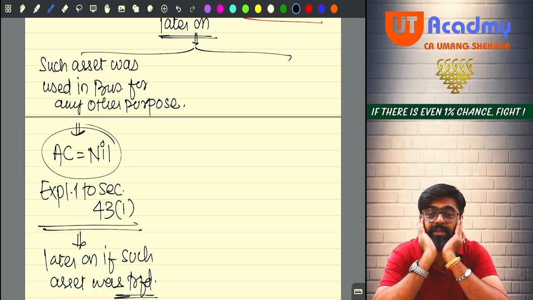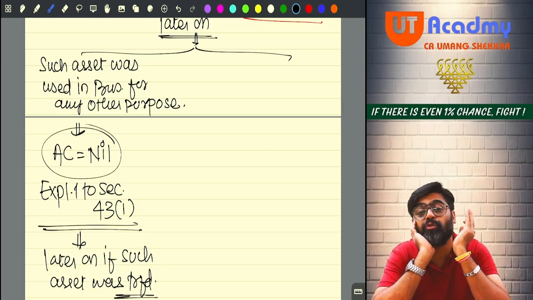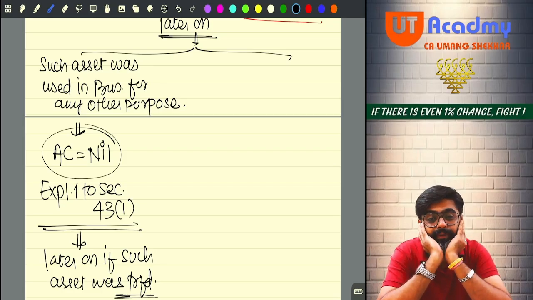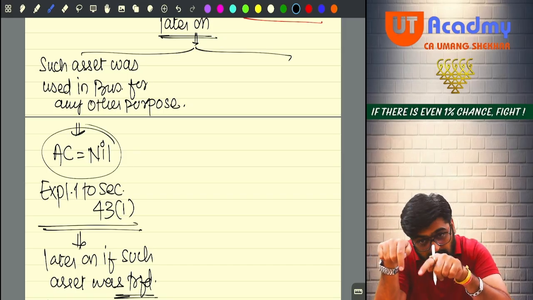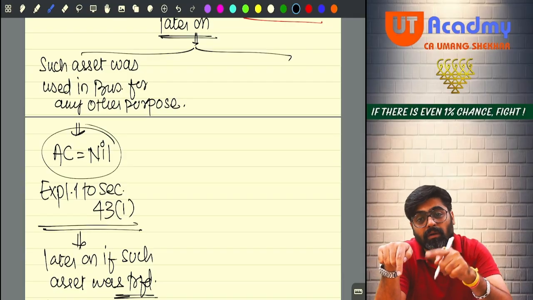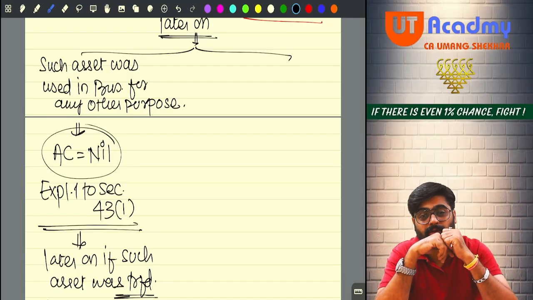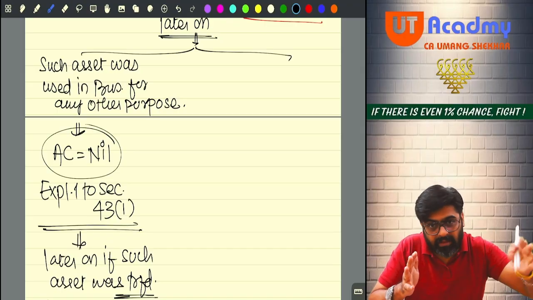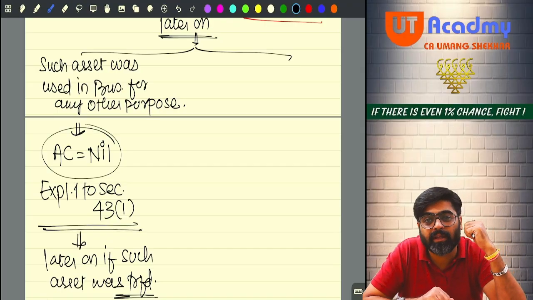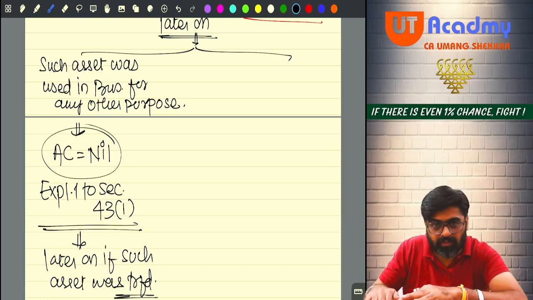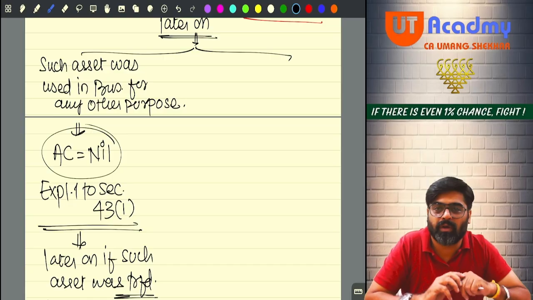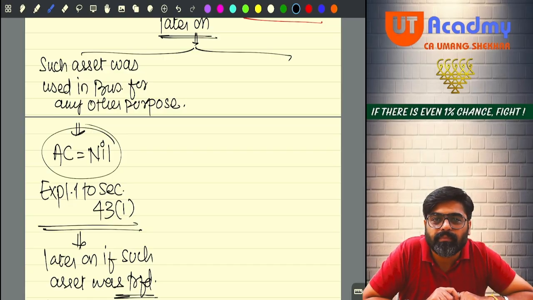Now it will be given in the question that Rajesh has further sold this same asset for rupees 3 lakhs. What will you do? Make it a part of the block, an asset coming into the block at nil cost, but now it is leaving the business, leaving the block, and how much money are you getting? 3 lakhs, no? So to the extent of that 3 lakh, reduce the value of the block. To that extent, depreciation will not be allowed. Getting my point?